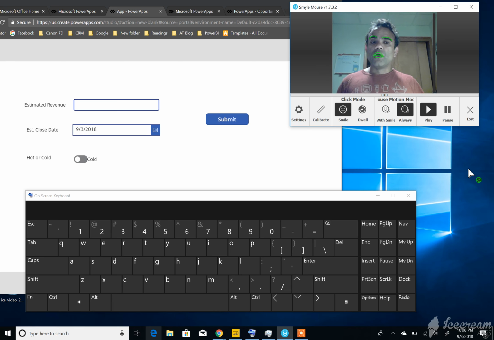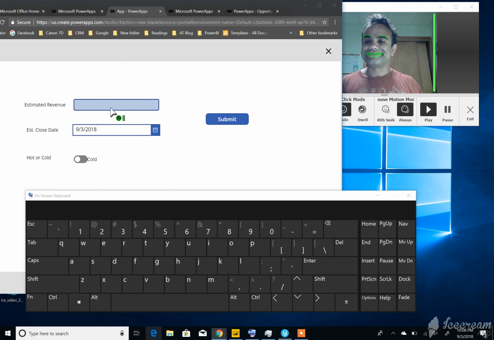Okay, so what I would do is, as a person who doesn't have limbs or someone who cannot use their hands, I would just use my eyes to bring my focus to the estimated revenue field and then smile, to bring the mouse pointer or the focus to that field, right? And then on my on-screen keyboard, I come and say,